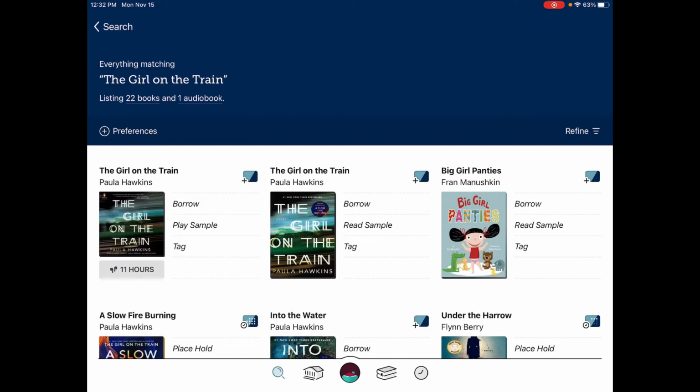The first result on the far left is an audiobook. You know this because the middle option to the right of the cover says play sample, not read sample. And also because right under the cover is a bar that displays the playing time as well as the earbud symbol. So those two things together tell you this is an audio version of the book